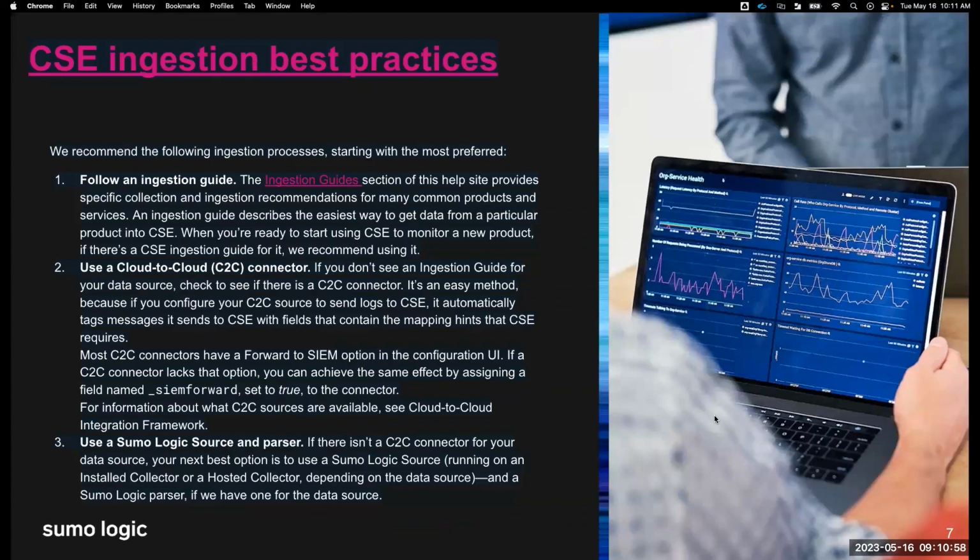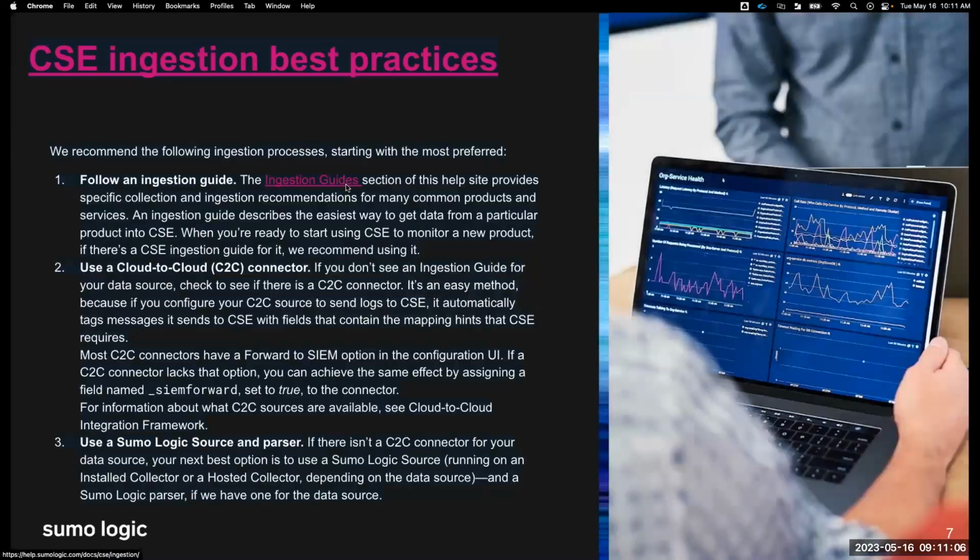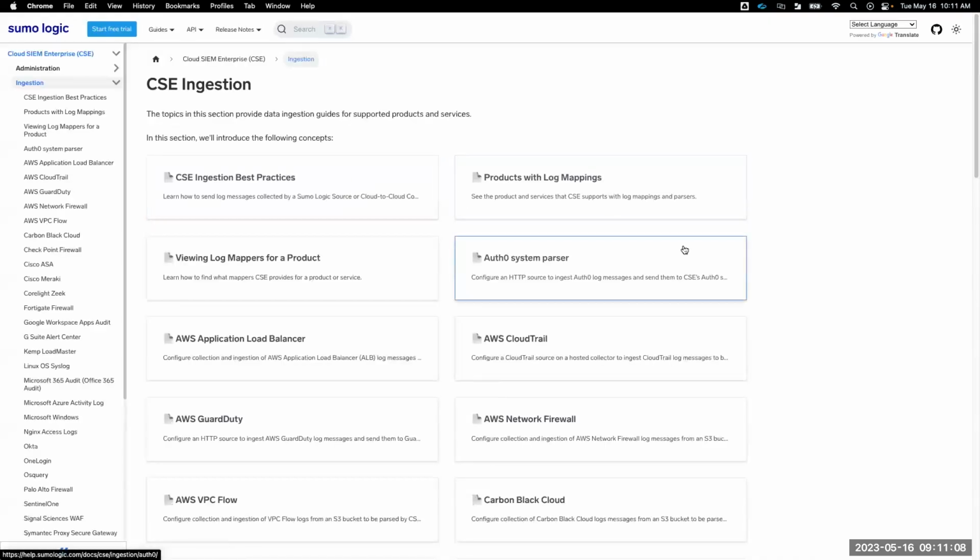Again, quite a lot to see in this one as well. Just like touch on it, going over the integration guide section of this help site provides specific collection and integration recommendations for many common products